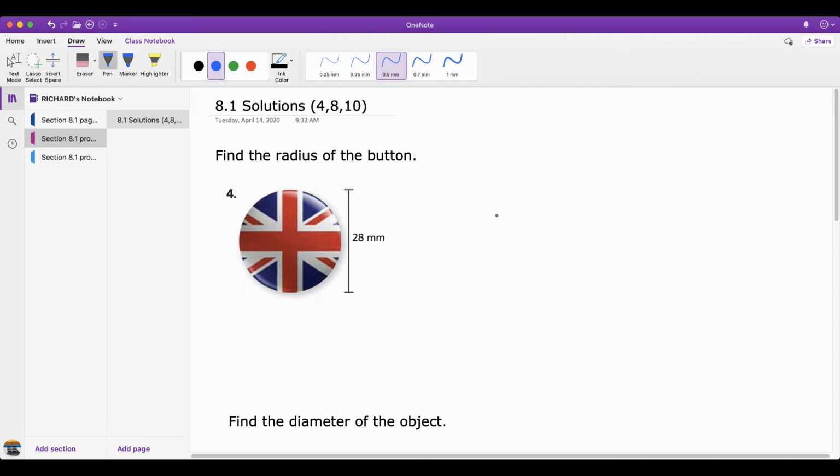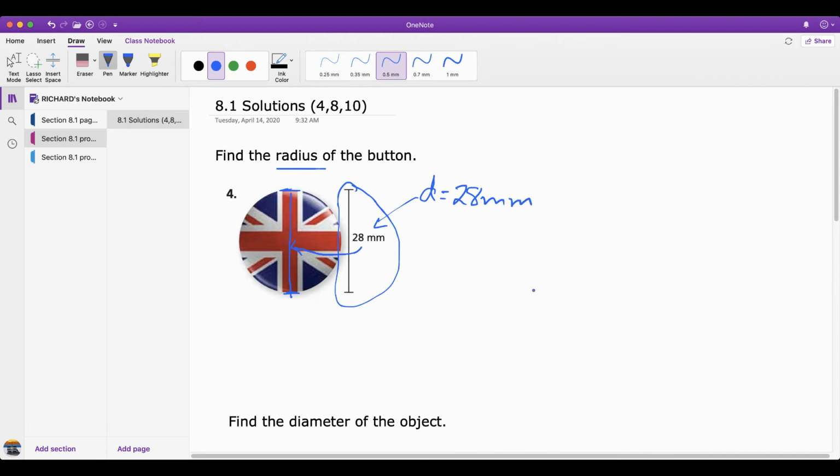So problem number 4 of the textbook says find the radius of the button. I see here this distance right here. And it says find the radius of the button, which means this distance that they're giving me is the diameter. And if I were to take this line and move it over, I could put it right here like that. And then this 28 millimeters would be this. So the diameter equals 28